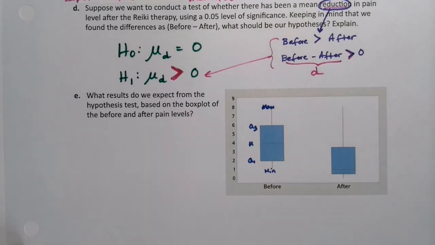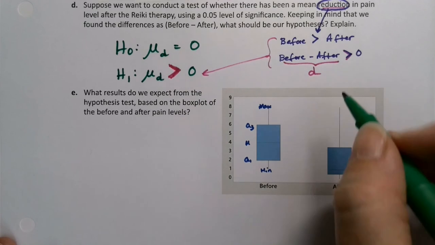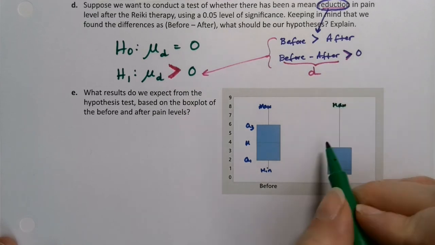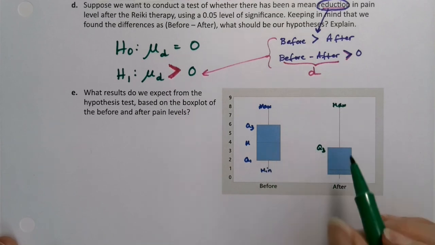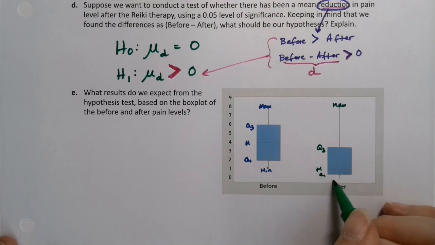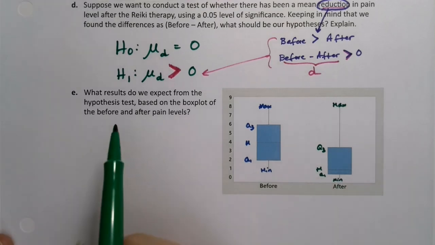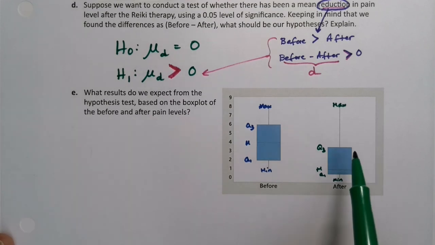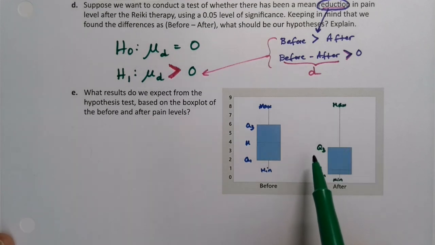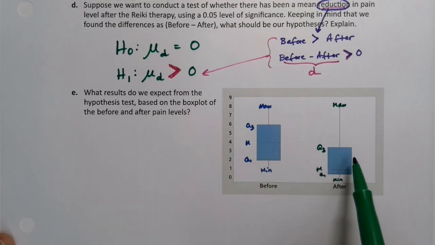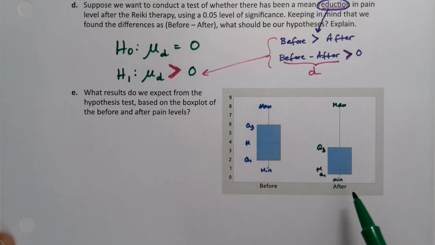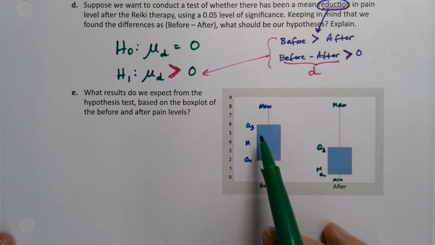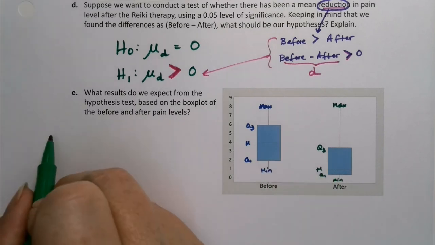And then we go to after the therapy. There's the max right here still, but Q3 is down here, which, look, is below the median from before. There's the median, there's the Q1, there's the min down there. So the question is, what do we expect to show? Well, we expect to show that after is lower than before, that there is a reduction in pain. Granted, the max is still where the max was, but the pain level overall is quite a bit lower. Q3 is lower than that median. So we expect